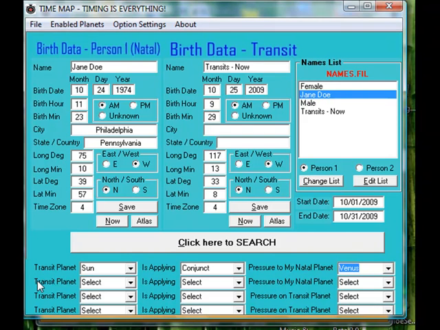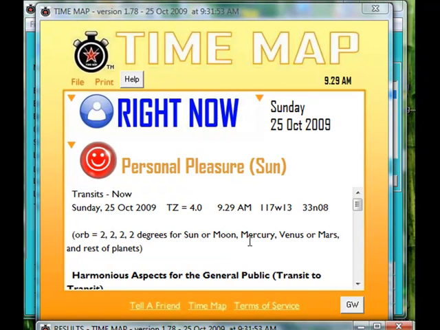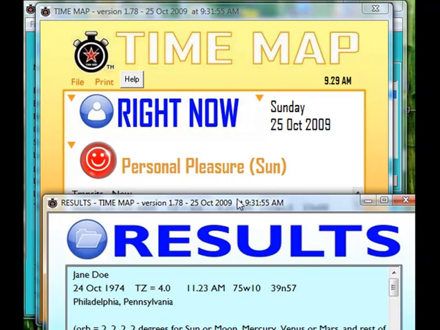We have another space for another combination. So we're going to go transit planet. In this particular example, we're dealing with transit Sun. So we'll click the Sun is applying what type of pressure? Harmonious pressure to Jane's natal planet, which will be Jupiter. So we'll come down to Jupiter, left click, and click here to search. So we click search. We'll pull up our results box,